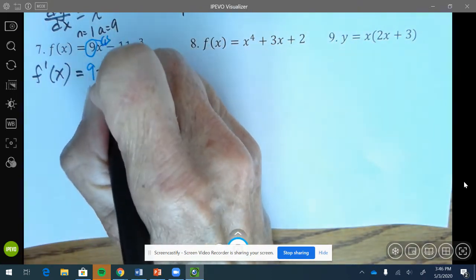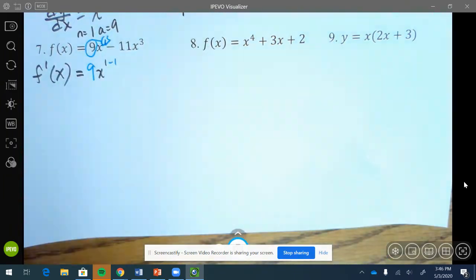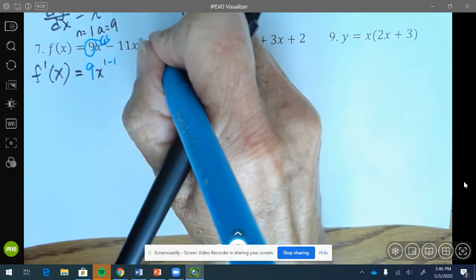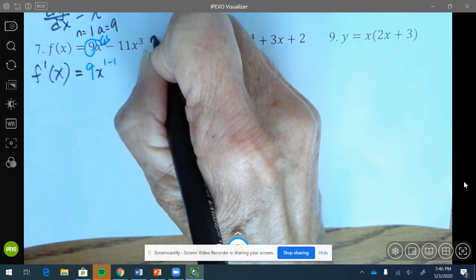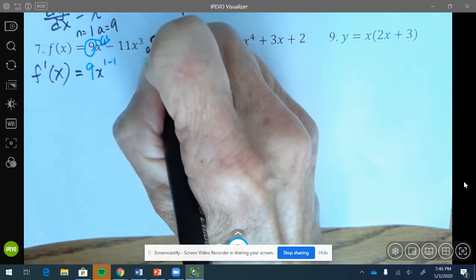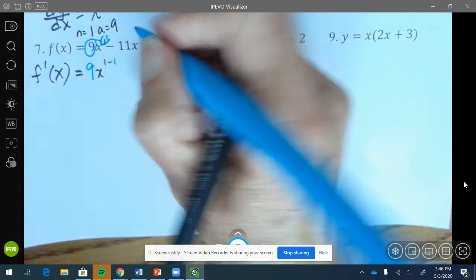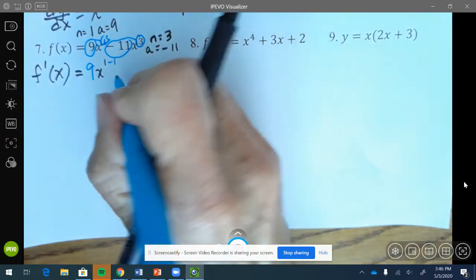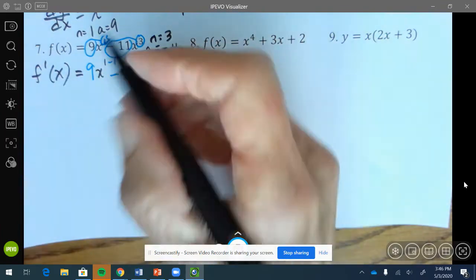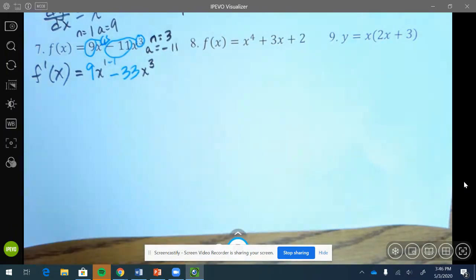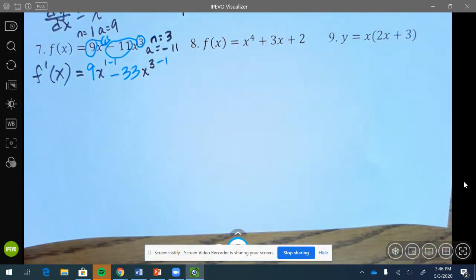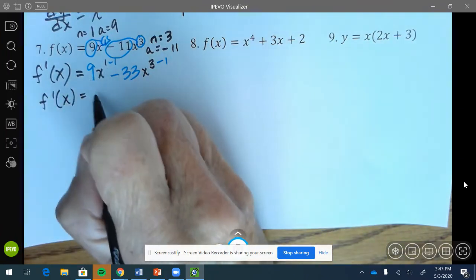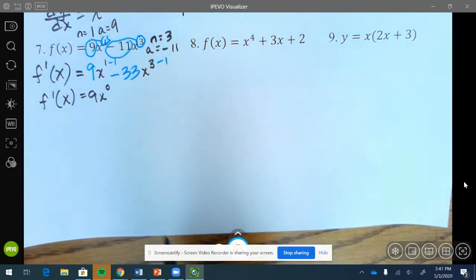X raised to the power of 1 minus 1. Okay. Now our second one here, we have n equals 3, and a equals negative 11. So again, 3 times negative 11 is a negative 33. X, the original exponent of 3, minus 1. So now let's simplify. F prime x equals 9x to the 0 power, we'll clean that up in a minute,